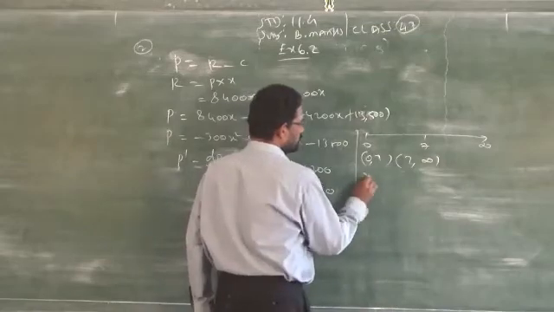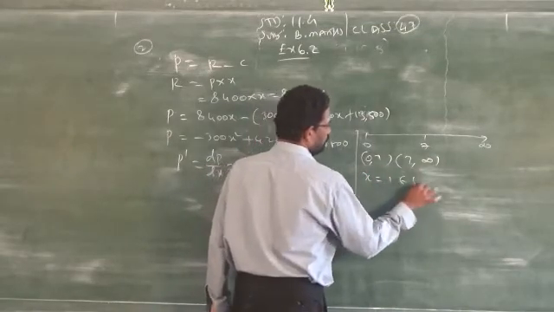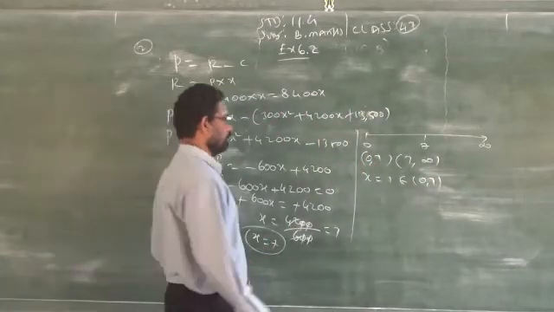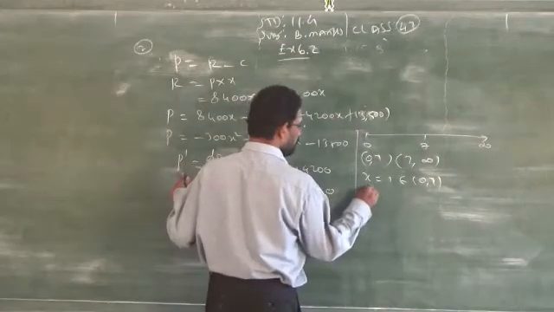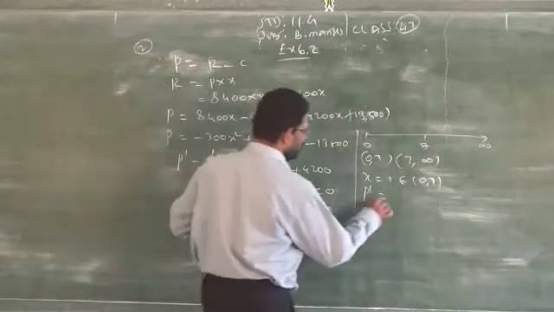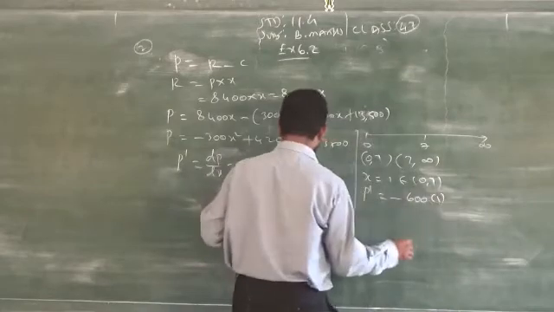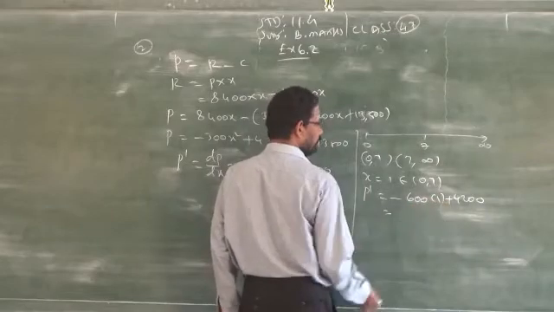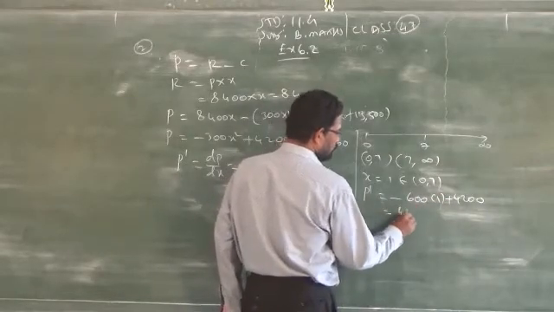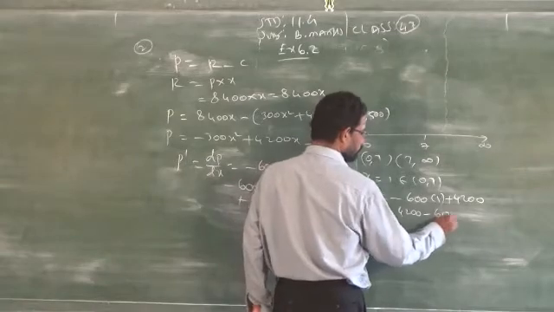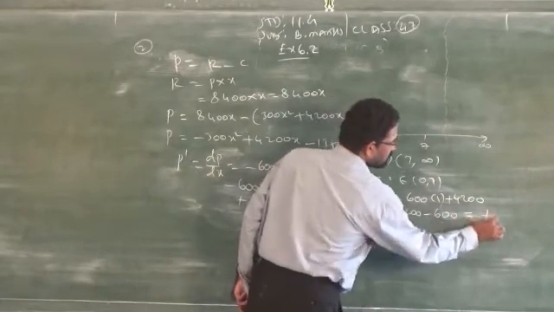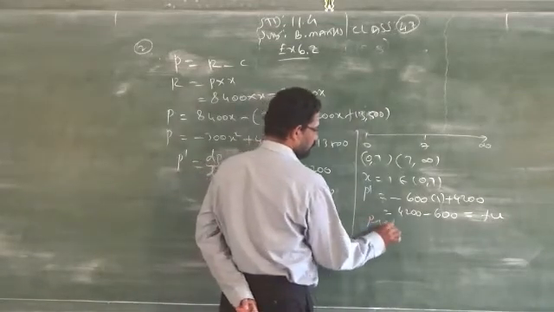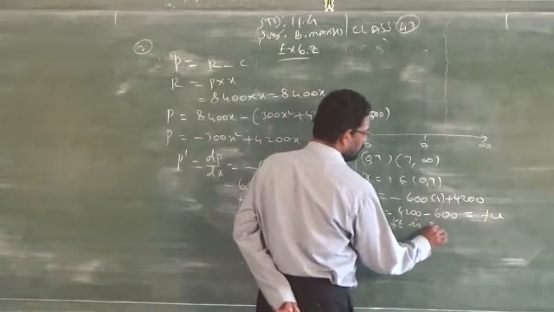You take any one point from the first interval. Let's say 1. 1 belongs to 0, 7. Don't take 7. If you take x equal to 7, you will get the answer 0. So you have to substitute in the first order. That is P dash is equal to, what is the first order? Minus 600 of 1 plus 4,200. So just go for the calculations part, you will get 4,200 minus 600. The answer is always positive. Clear? Therefore, when the answer is positive, you have to write profit is increasing.